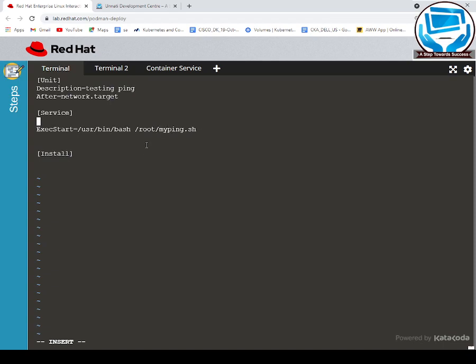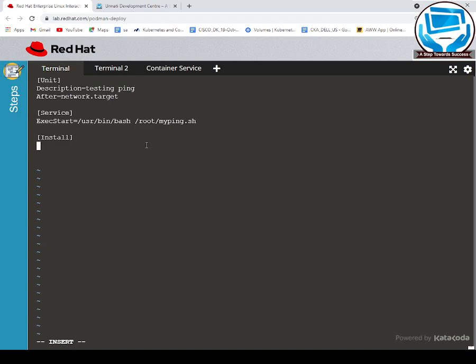You can add a username also here. This is very interesting. Let's say I want to run this systemd unit as a specific user, maybe myuser1. You can do that. But while defining the user, please keep in mind that if by any chance the commands are privileged or the script has a privileged command, you have to give that user sudo access. That's the basic of Linux, right? So I'm not adding any user here, but I'm trying to simply start the myping.sh command.